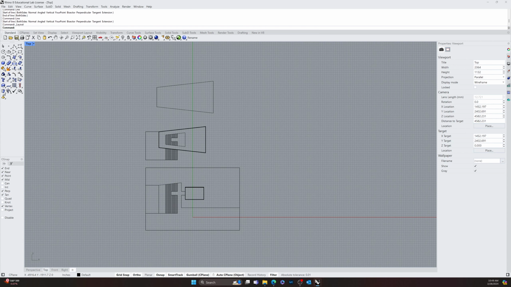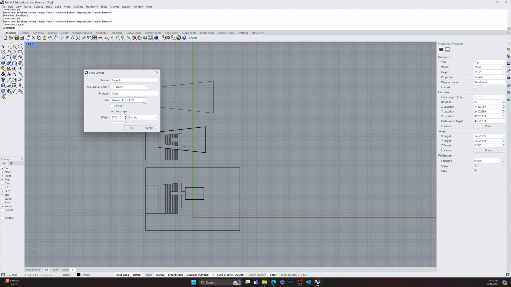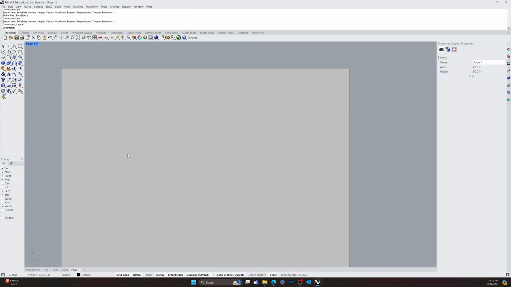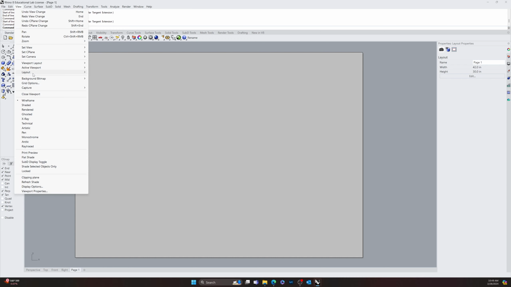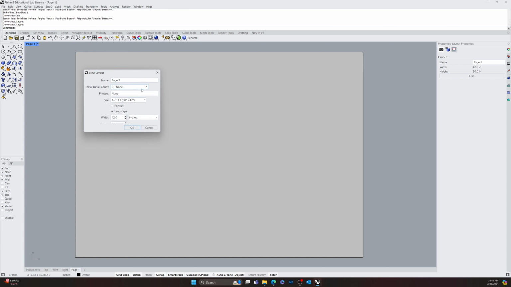Plus sign, new layout. Since this is a huge building, I'm going to do 30 by 42. Let's see. There you go. Architecture E1, landscape. Okay. Now let's set up a few layouts here. So go to view and we'll go to layout, new layout, initial detail count. Oh, wait, sorry. View, new